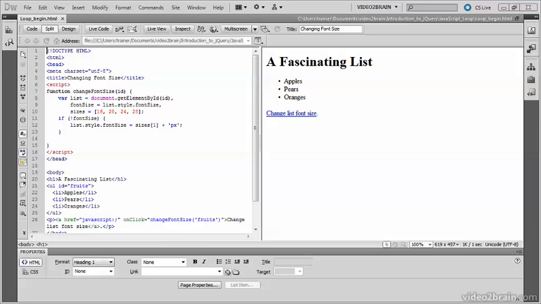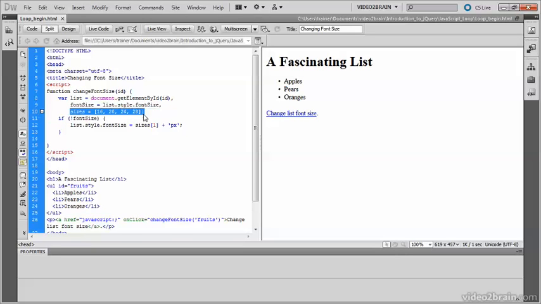In this video I'm going to show you how to create a loop to access individual array elements. This function has an array called sizes, which will be used to set the font size of an HTML element. As the loop iterates through the array, it'll use a conditional statement to compare the array value with the current font size. If they match, the font size will be increased to the next value from the array and the